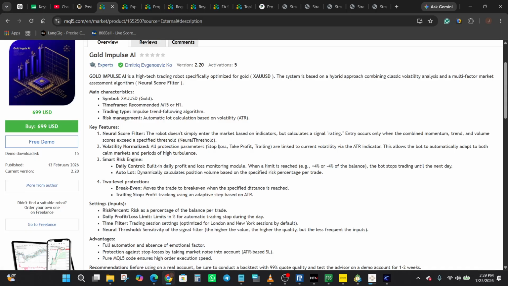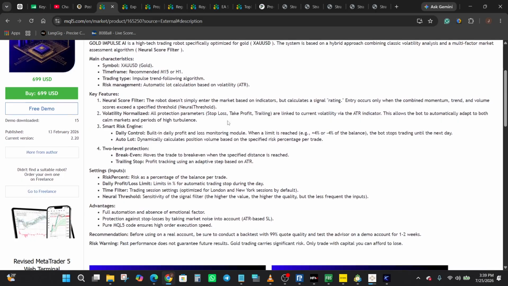The developer notes that the system is built around a hybrid approach, combining volatility analysis with an algorithm called the neural score filter. It is categorized as an impulse trend following algorithm targeting XAUUSD with recommended timeframes of either M15 or H1. Now moving down the product page into the core features,